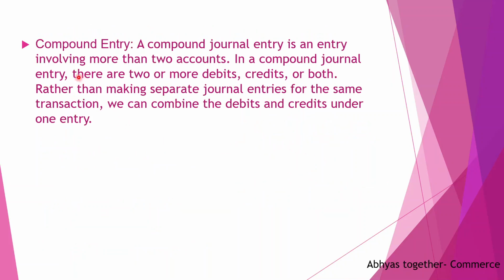Then let me explain one important entry called a compound entry before going into the next type of entry. Suppose there are two or more entries involving the same type of accounts or falling under the same type of transaction. Then we combine those and write them in one particular entry. We are combining, so it's compound, complex type, simple, complex. We have read it in our earlier classes, right? In the same way, like compound interest, we are combining two entries into one particular entry.